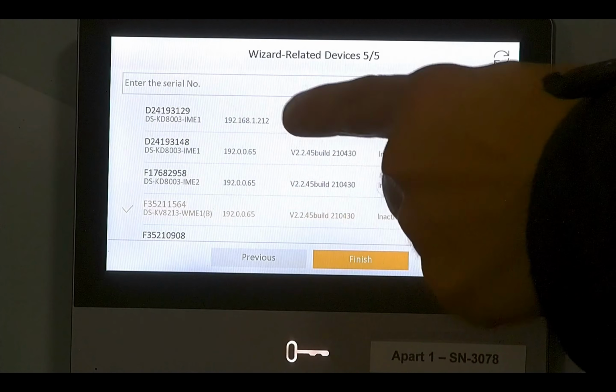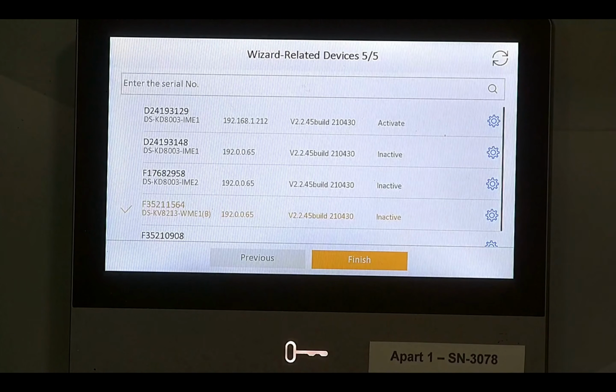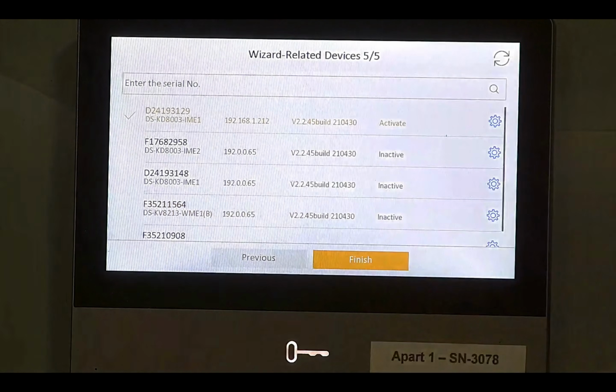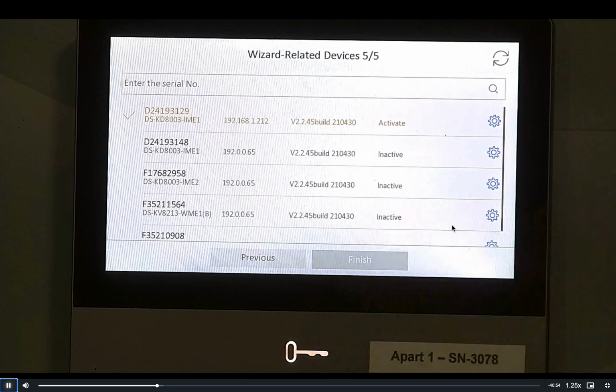So after a bit of a second, you're gonna see that it took the correct IP address from the DHCP server, but please make sure you select it by ticking the unit and it appears in orange, as from time to time, as I mentioned, it will keep refreshing the page, and if you have multiple door stations, then it might select the incorrect one. So I'll press finish right now. So to test it, I